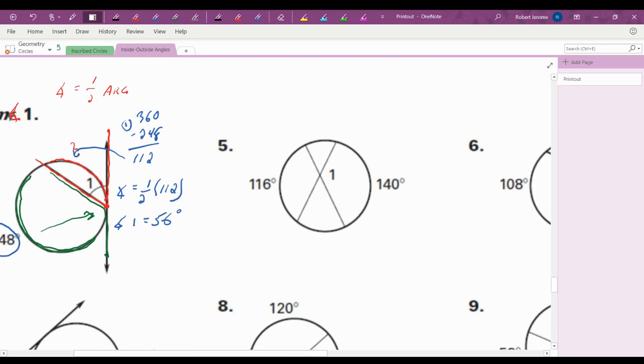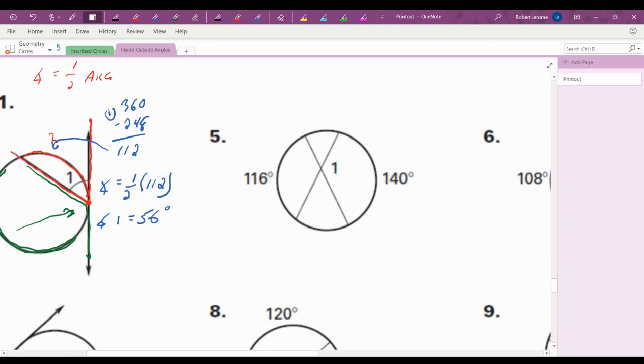Let's take a look at the next one next to it. So again, we're looking for angle 1. I'm going to find it. And I'm always going to look for, where is the vertex? Well, since the vertex is on the inside, but not at the center, we're going to say angle equals half its arc plus vertical angles arc. So its arc, vertical angles arc. So angle 1 equals 1/2